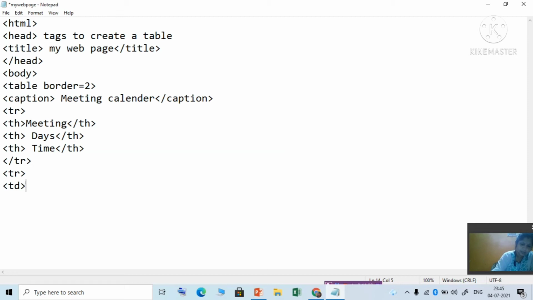Okay. Suppose, how many columns have you created? Accordingly, you give the data.